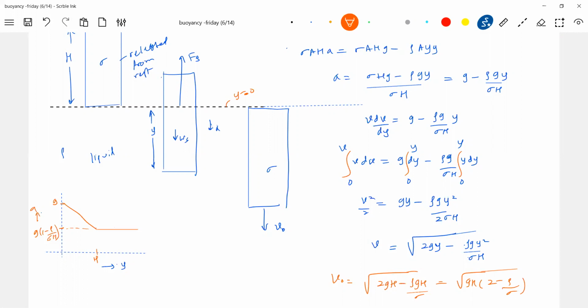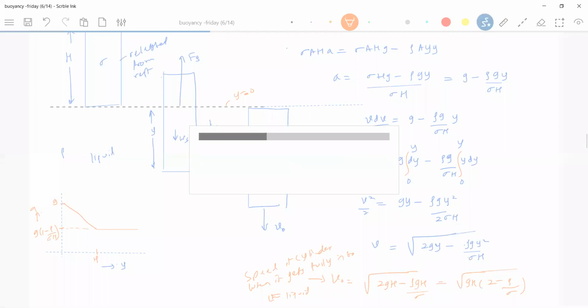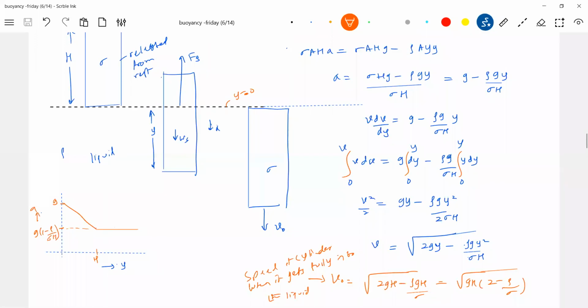Now at that instant, what happened? The acceleration continues to be present. So what is V naught? Speed of the cylinder when it gets fully into the liquid. So what is the buoyant force? Buoyant force depends upon volume immersed. Volume immersed is continuously varying. So therefore, definitely, what happens? The net force acting on the cylinder